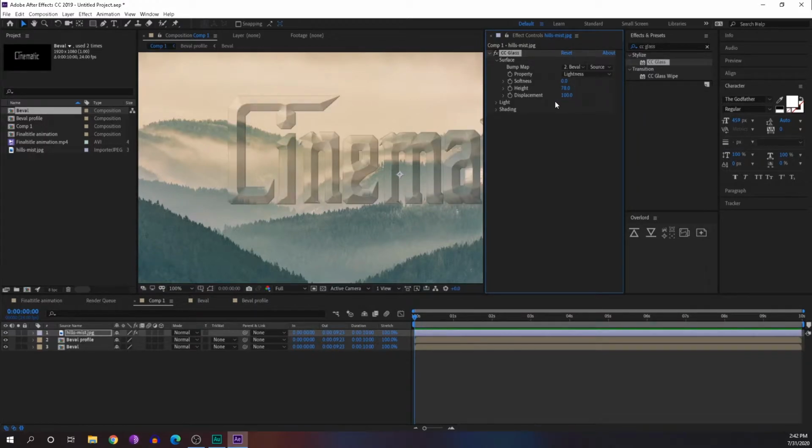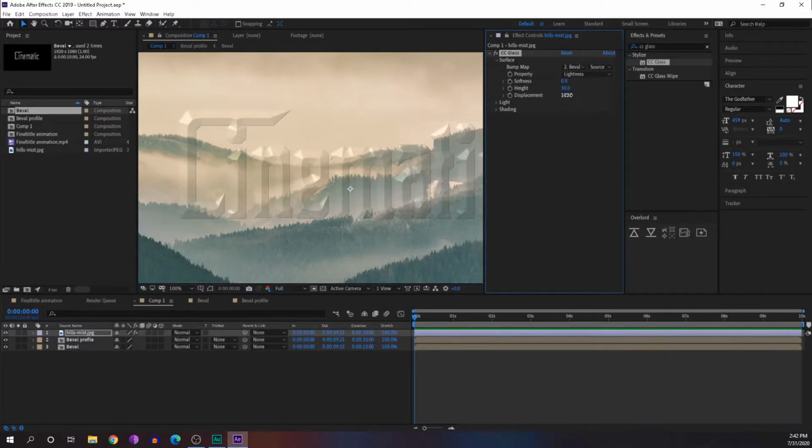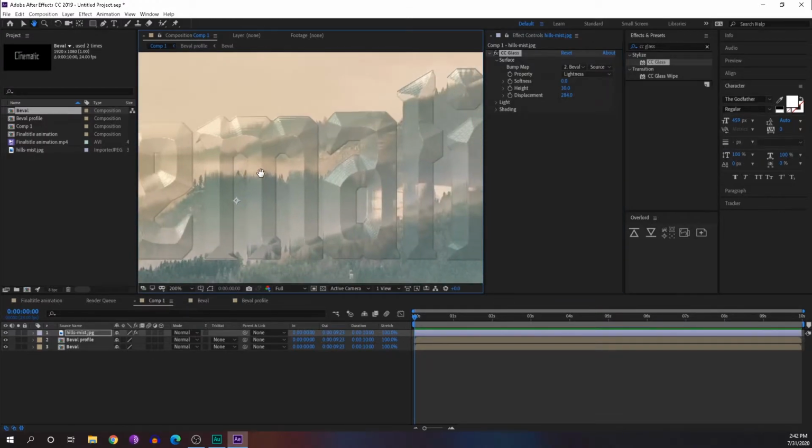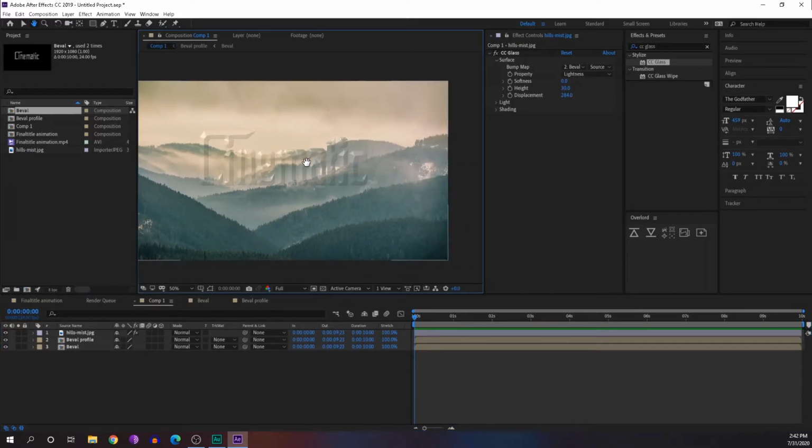So as you increase the height, the depth of the bump will be much more. Here we'll keep it around 30 or something, and here we can add extra stretching too. That means when we stretch, you can see it's becoming more and more stretched. Okay, next thing we have to do is cut off that extra area of the image.